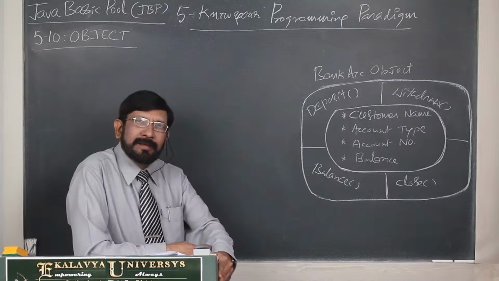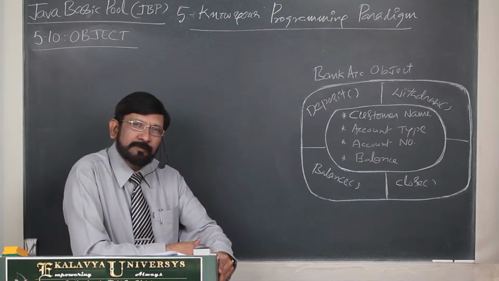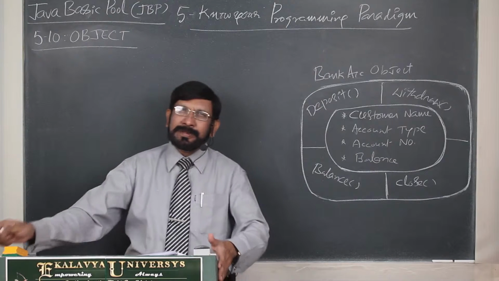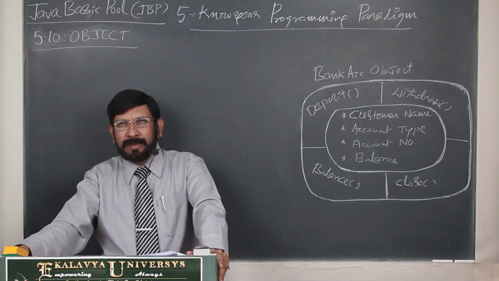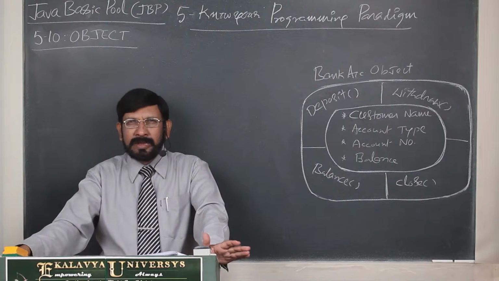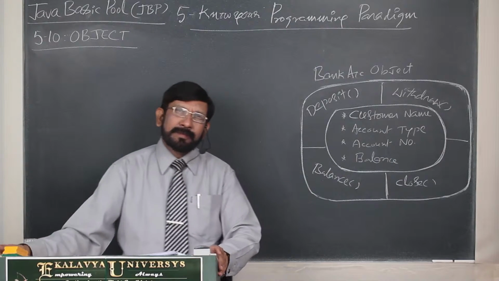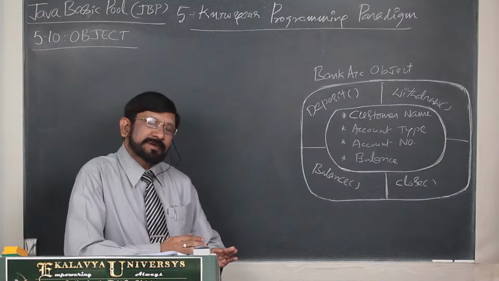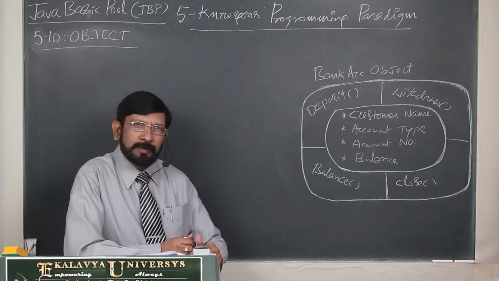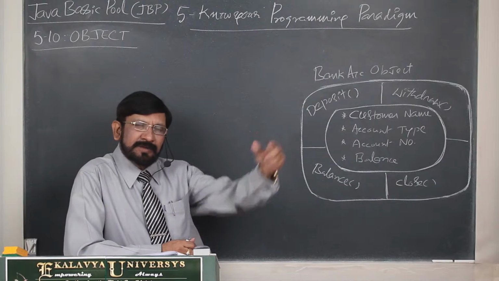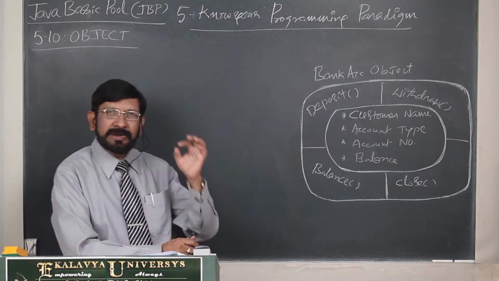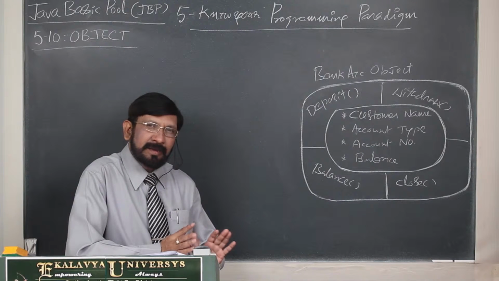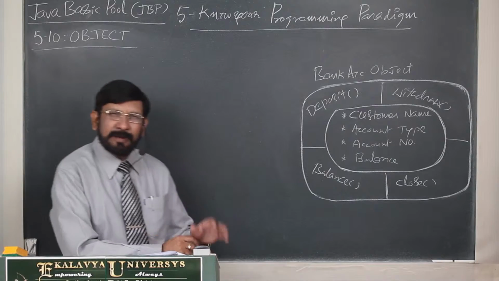Hello friends, now let us take up the concept number 5.10, object. Actually, in the previous concepts in this chapter, I explained all the elements contextually, but I didn't focus on each and every element separately. Now this is the time. Now we have to discuss the features and functionalities of each and every element of WOOP practically and illustratively. Just to take it as an opportunity.